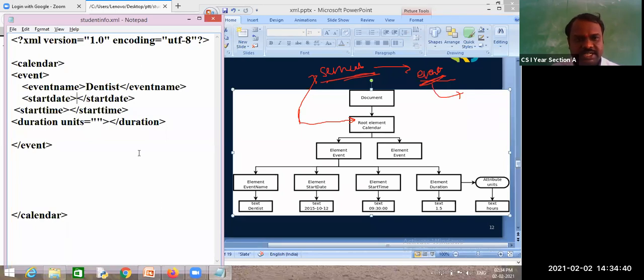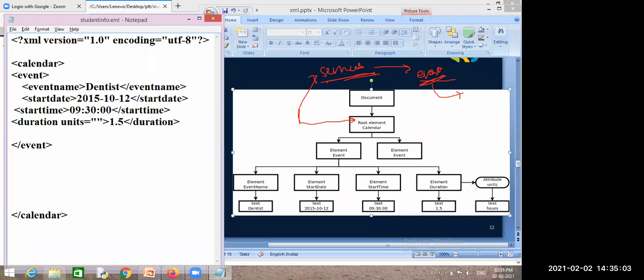The event starting date is 2015-10-12 and the starting time is 09:30:00 and the duration is 1.5. Is it hours, minutes, days, years? Hours. 1.5 hours.